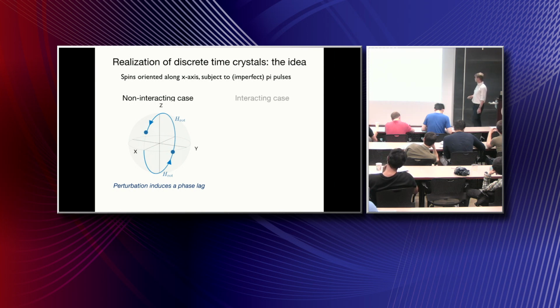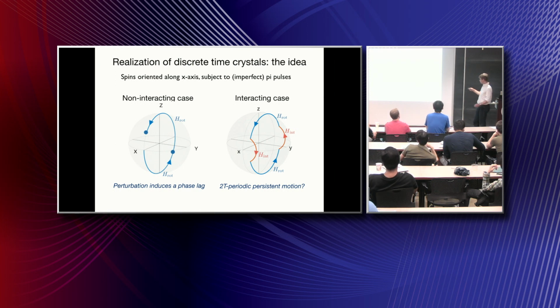But it turns out that if you add interactions, then they can actually modify this trajectory. And specifically, if you add an appropriate interaction Hamiltonian, it can somehow close these trajectories. So for example, if you under-rotate here, but you leave your system to evolve, it evolves due to this interaction Hamiltonian in a way which allows you to close this trajectory. And that's the intuitive basis for this time crystalline response.